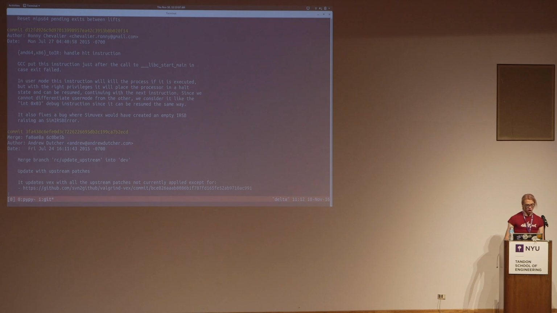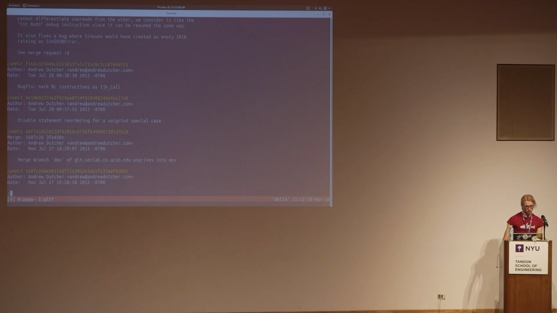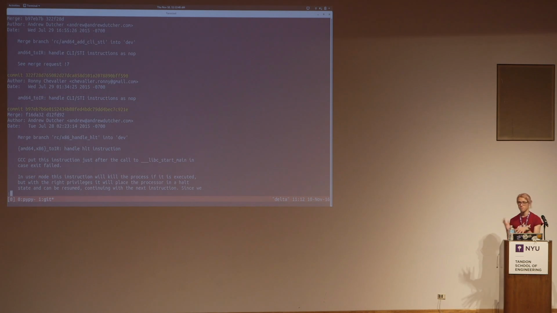Our patches on top of that are just some basic bug fixes for analysis. I'm not really sure if they're bug fixes because really they help our analysis. We don't know if they help Valgrind. I should clarify for anyone who's not really familiar. Valgrind, which is a very important tool, runs by dynamically translating code into this sort of intermediate language called Vex, which is conveniently very suitable for analysis. So we've taken the language core of Valgrind Vex and forked it and made it a little more useful for analysis,